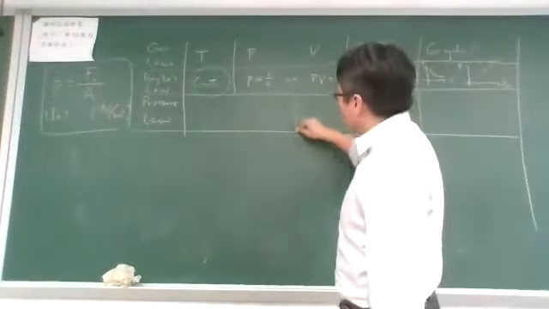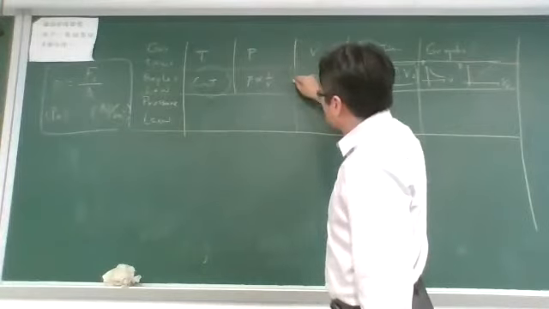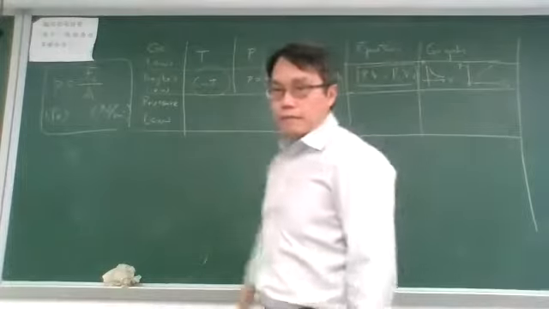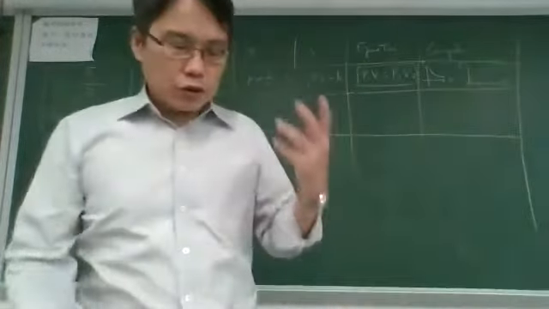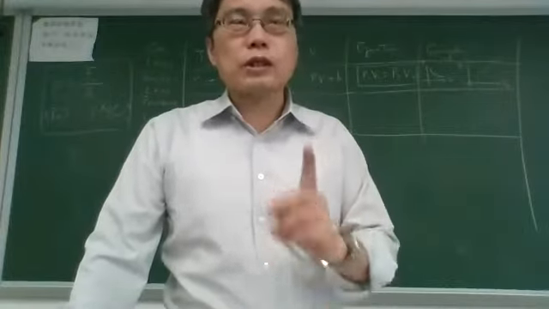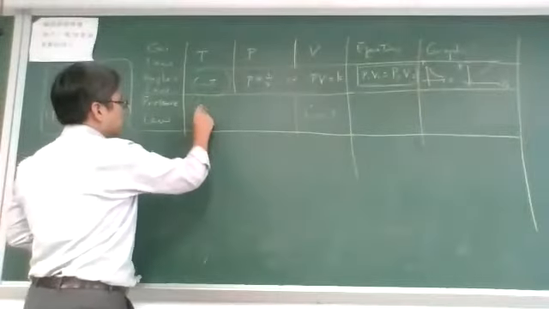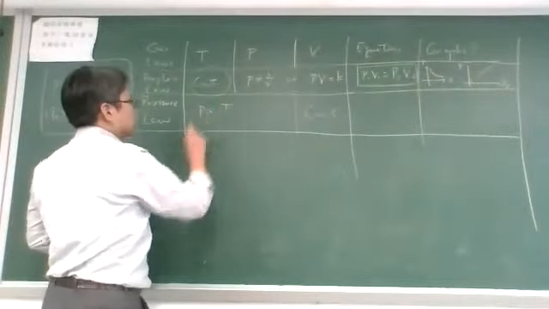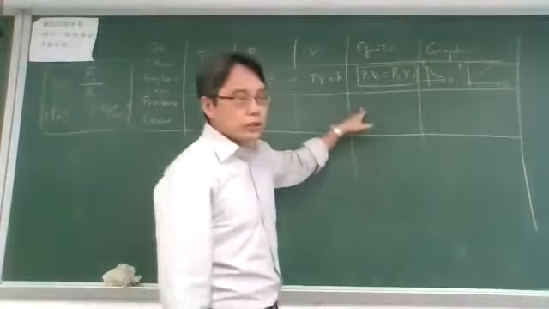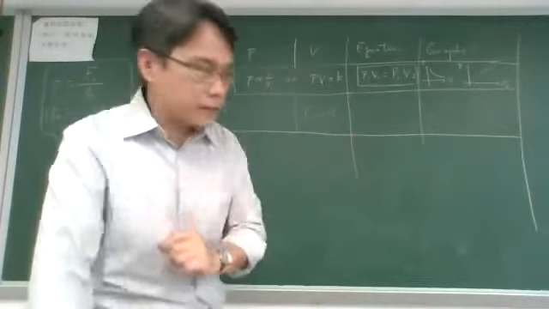In this case, we keep V constant, and we perform an experiment which can show that the pressure of the gas is directly proportional to its temperature on the Kelvin scale. So we have P directly proportional to T, and the equation to be used when we introduce two states of the same gas, we have